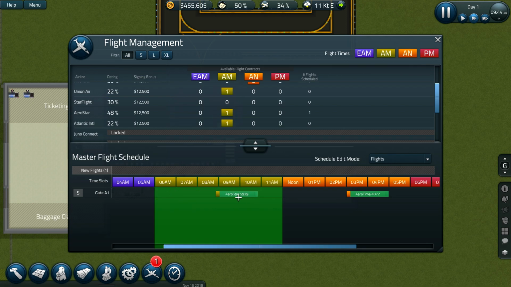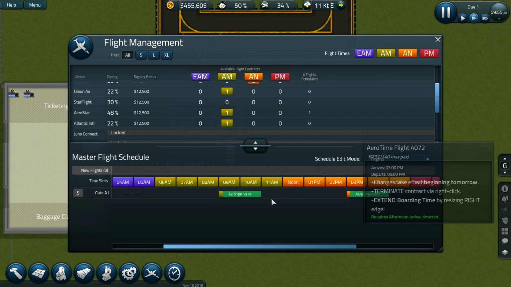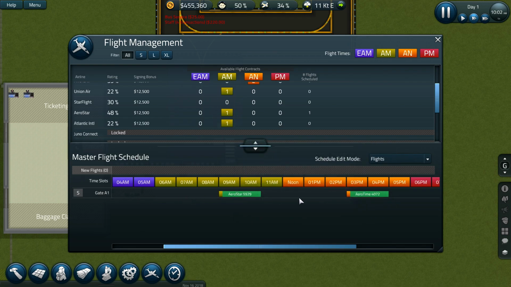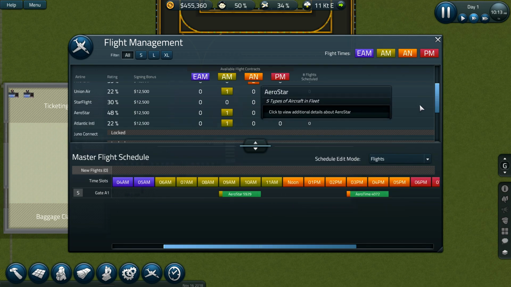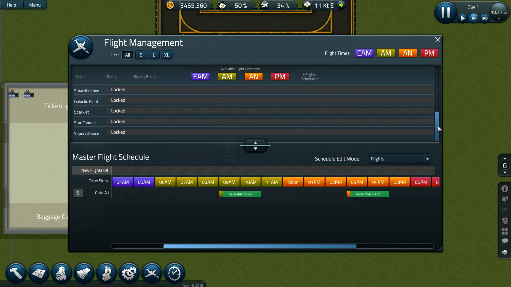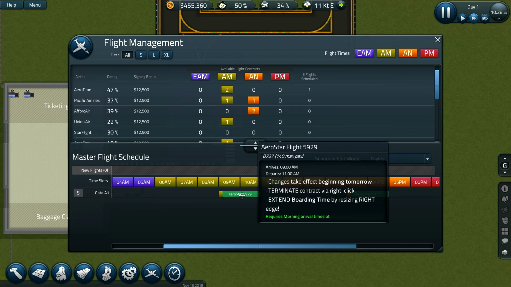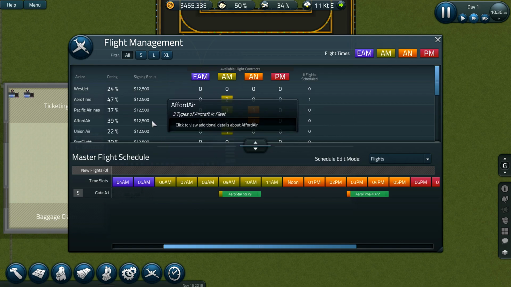Interesting. Okay, we're going to pop you there. So we know that both of these for us will be a lot of passengers. So before them, we want planes, I think, that carry less than 140, and that will give security and the guards a chance to deal with all this stuff. So we want one more AM. So we've got Aerostar and we've got Aero Time. So who else have we got that's got